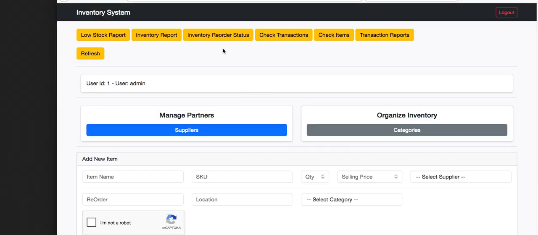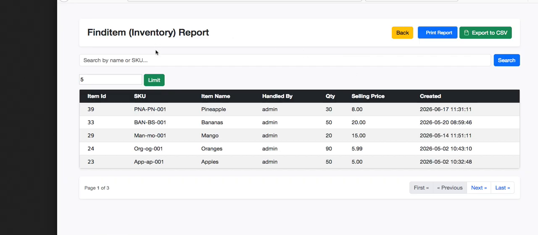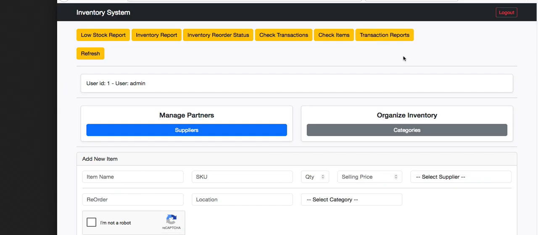This is cool. See, these are the reports I was talking about. Remember how we check out these reports? We did the check items. This is the find item table. Unimpressive, but it's good to know who you're dealing with. Look at this. Admin tells you right now. I don't have it over here, but you got it over here. But the one I'm talking about is this one.